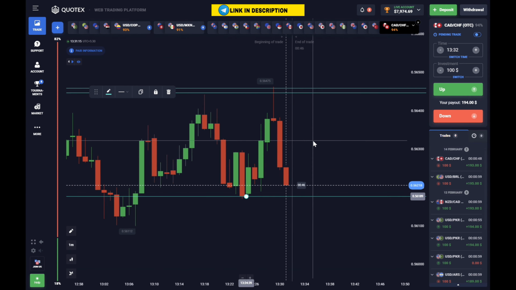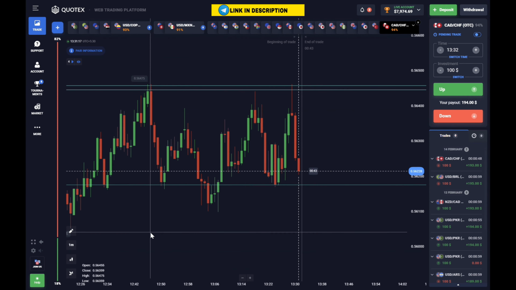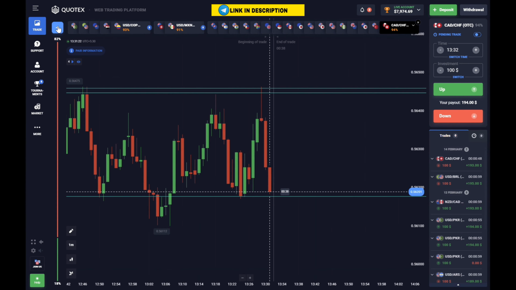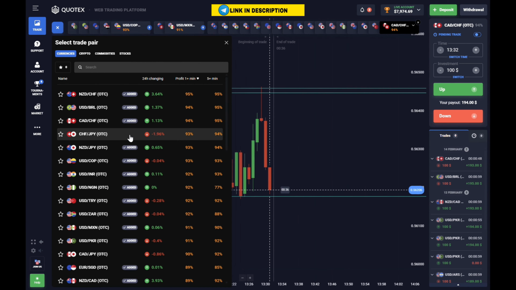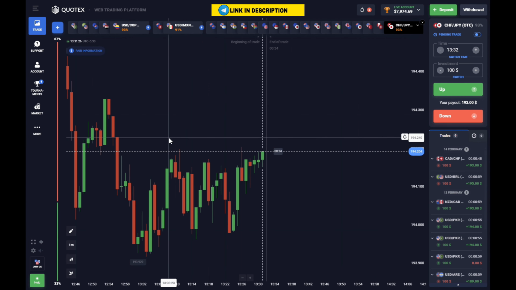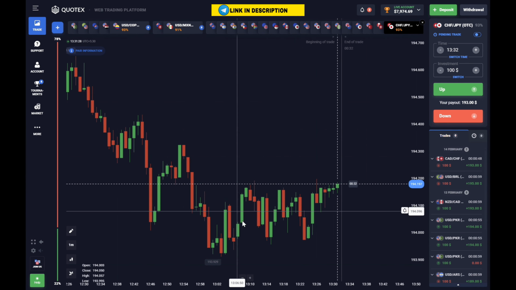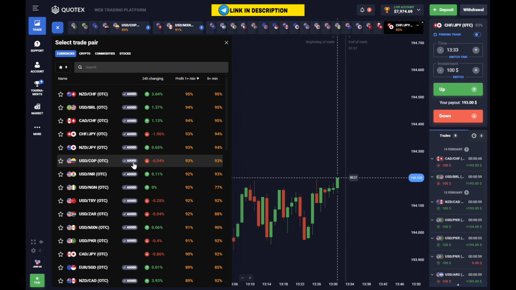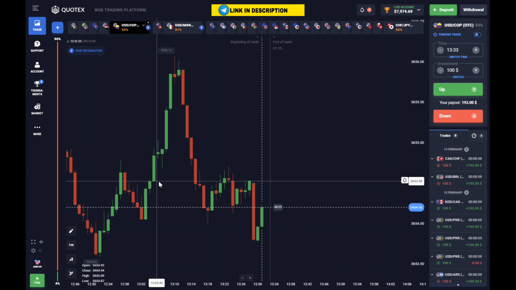First, I will try to find a good chart. Only then will I be able to mark support and resistance properly. This is a bit of a sideways chart, so I will avoid this chart and try to find a better one. There is a lot of downward movement here, and here the market is sideways, so I am avoiding this one. Here I will try to identify a chart with a good movement.